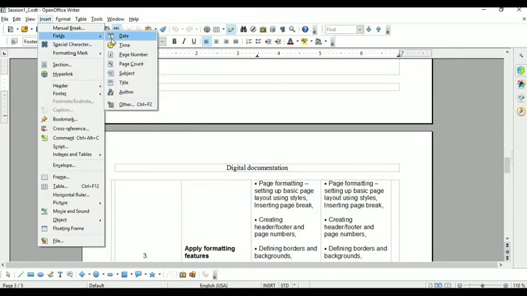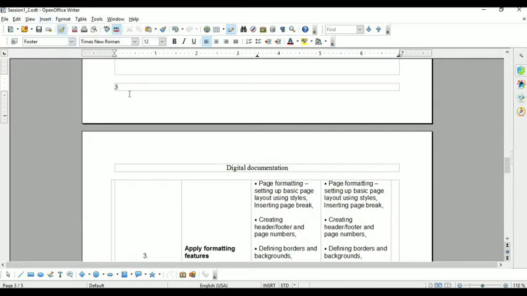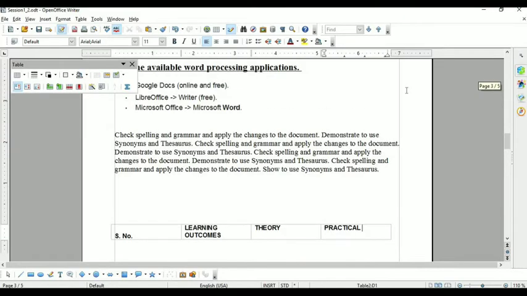There are so many options, like if you want to insert date, time, page number, page count, subject, whatever you want to write, you can write through the Fields option. So here I want to write the page number. Select this Page Number. Now here 3 has appeared, means this time we are on page number 3. Remove the cursor from here and see the changes.